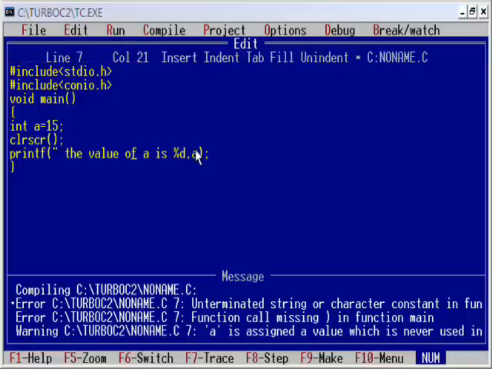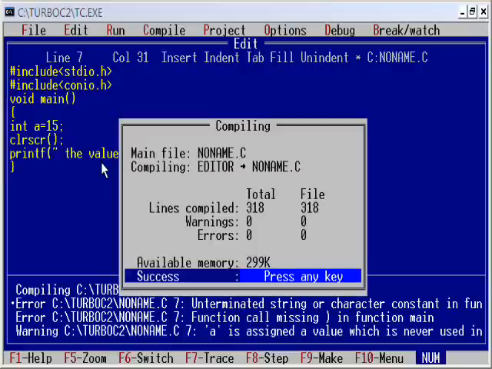In order to solve this, we will place another double quote at the ending of the message. This indicates to the compiler that this is the starting point of the message and this is the ending point of the message to be printed. So now it is clear to the compiler and it will successfully print the message.